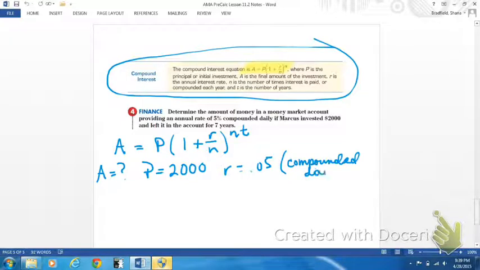So every day of the year, the rate was compounded, so we added more and more on. And n, which is the number of times the interest is paid, if it was compounded daily,